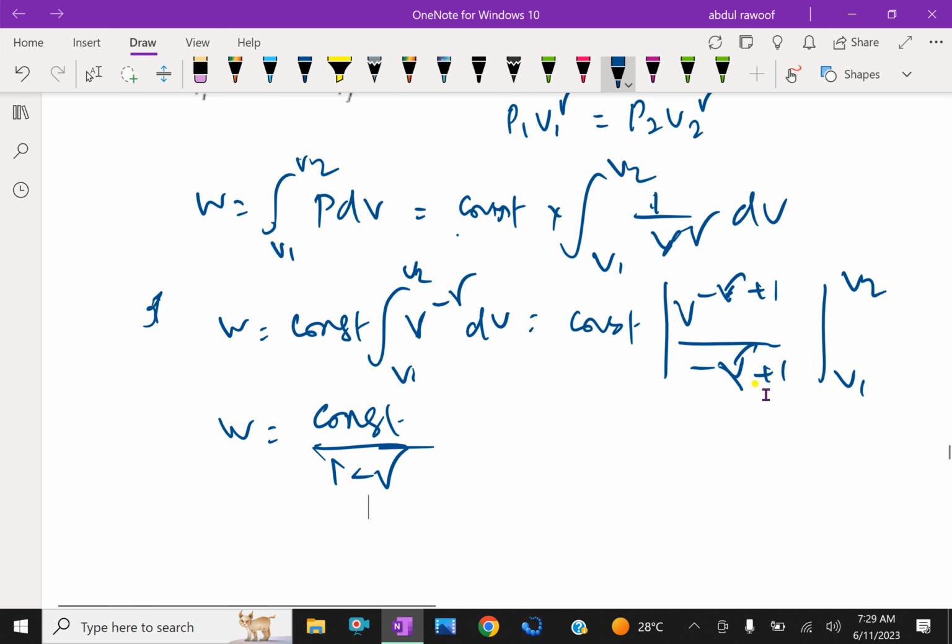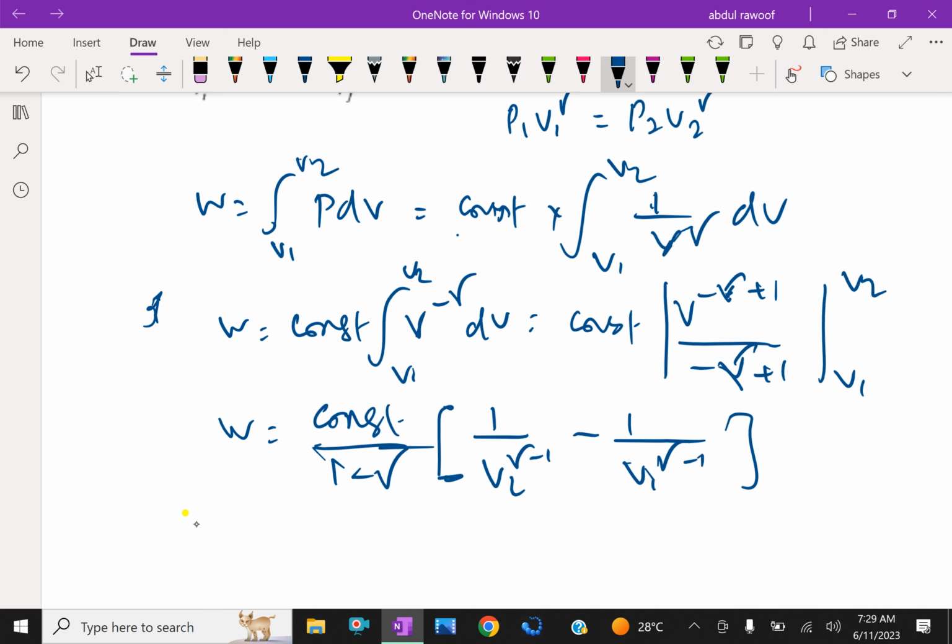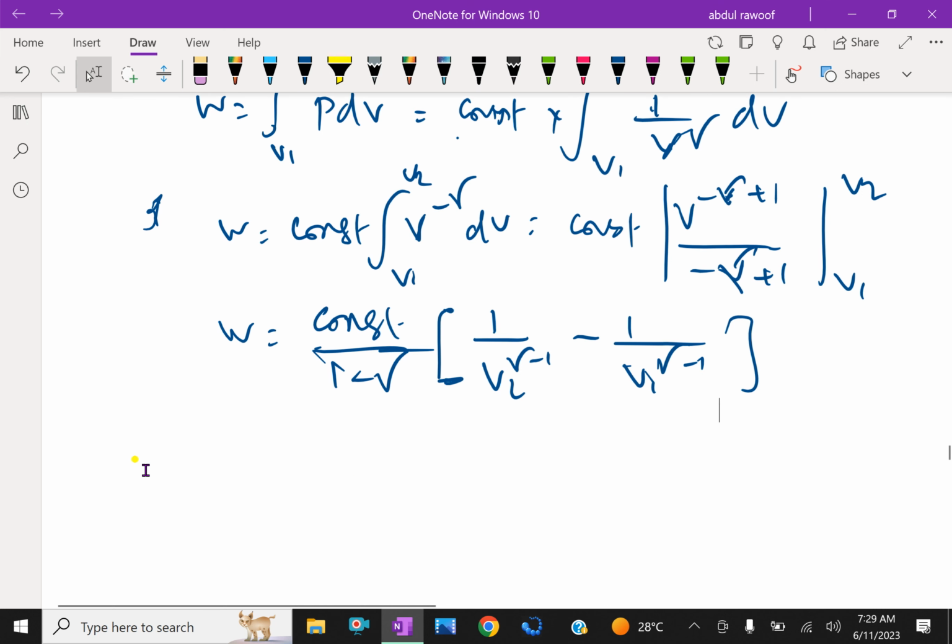This 1 minus gamma comes here, which gives 1 over V2 to the power gamma minus 1 minus 1 over V1 to the power gamma minus 1, which is further equal to W equals 1 over 1 minus gamma